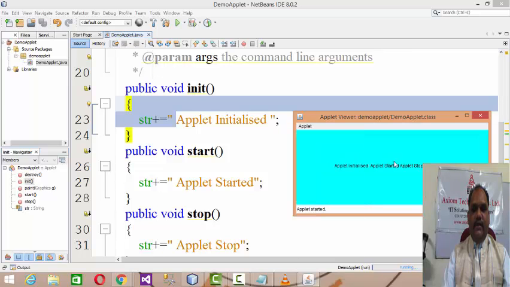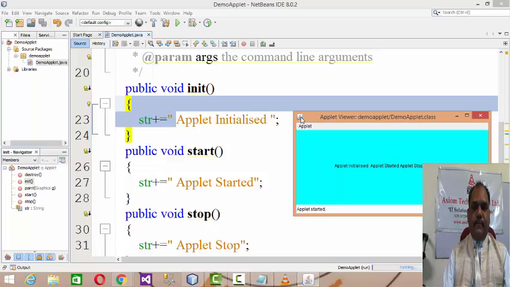Every time I switch from the current page to another page, because up till now we understand that an applet is a Java application, an artwork or a graphical visualization which we embed in a web page. If you navigate from the page to another link, it will give a call to the stop, and if you resume back to the same page, then it will give a call to the start operation again. So the applet starts functioning once you resume back to the same page.